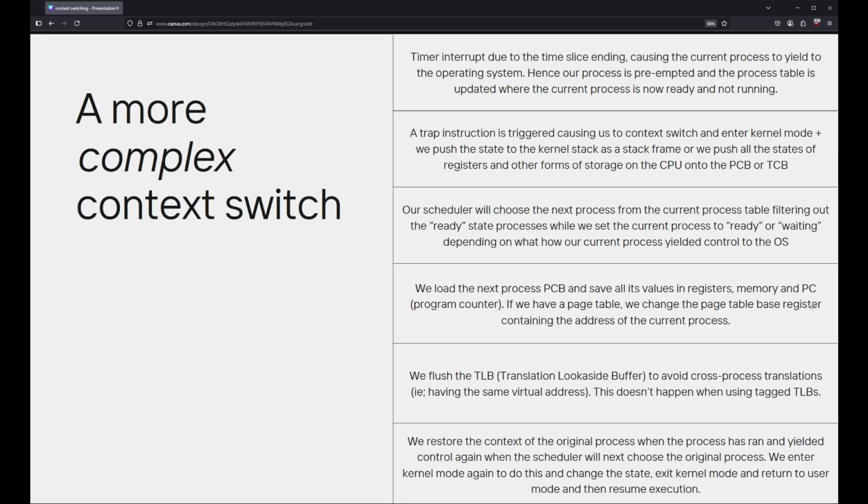Now, obviously, within paging, we can have page tables, but we can also have multi-level page tables. I'm not sure if this has also been covered, but multi-level page tables are basically nested page tables, so you can have a page table within a page table. They're also called page directories, which I'm just going to use to differentiate between a page table and a multi-level page table. So these page directories,